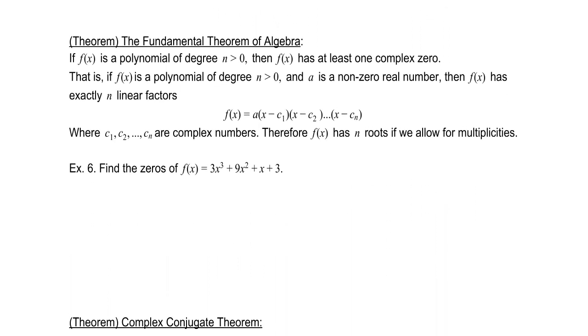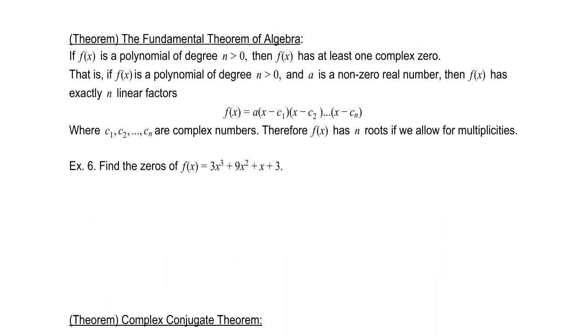So example 6, this function is going to have 3 solutions. So let's first consider our rational roots, and if we can find one, we can then do synthetic division, and we can break things down a bit. All right, so our p is 3. Our q is also 3. The factors are plus or minus 1, plus or minus 3 for both of them,